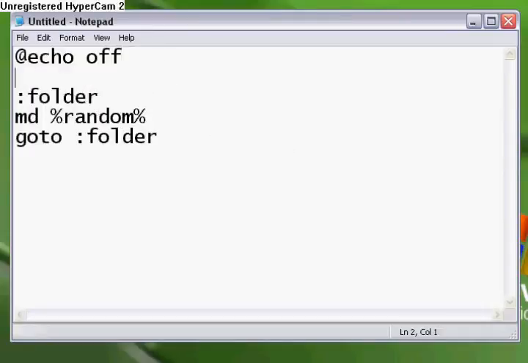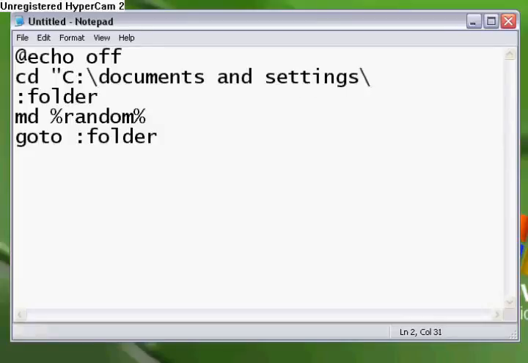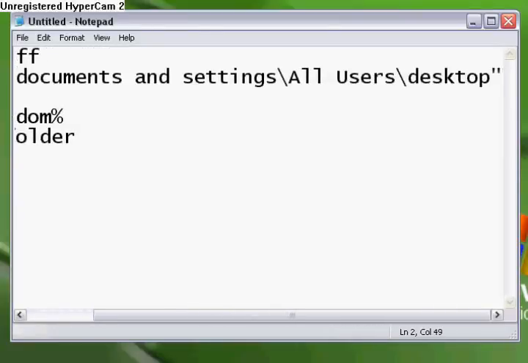But first we need to make sure the directory is right, so you do cd, C:\Documents and Settings\, and then %username%, which means whoever's logged on this will happen to, or you can do All Users, which is more effective, and then Desktop. So now